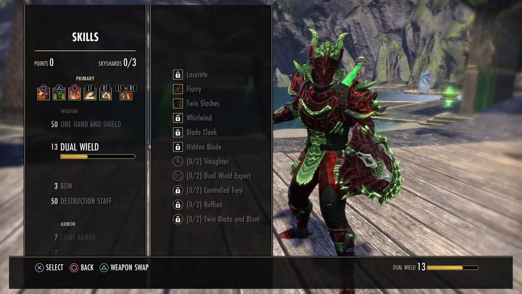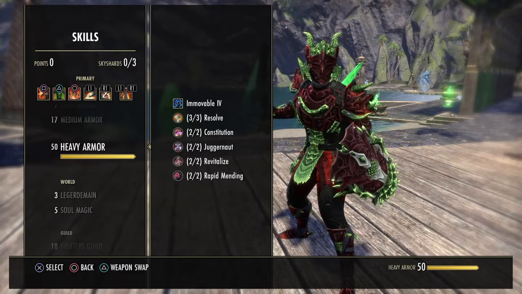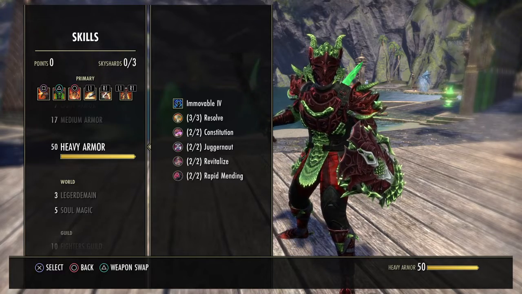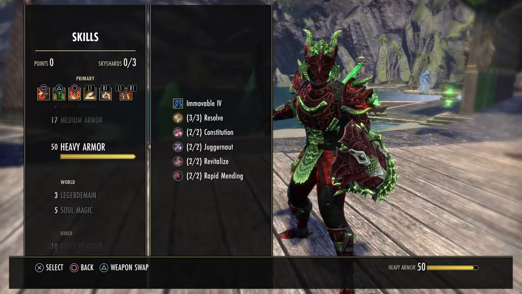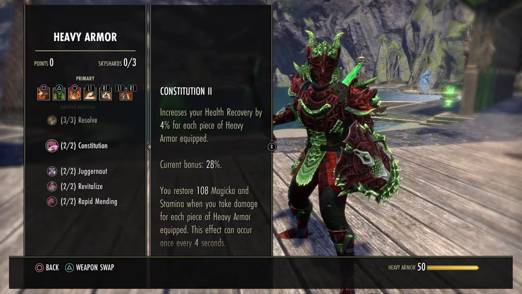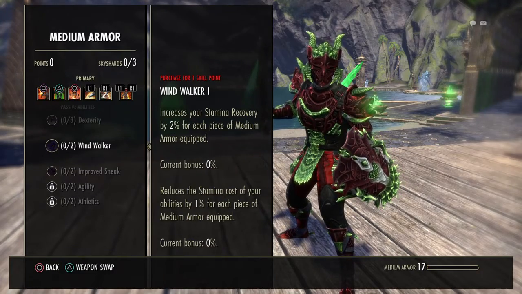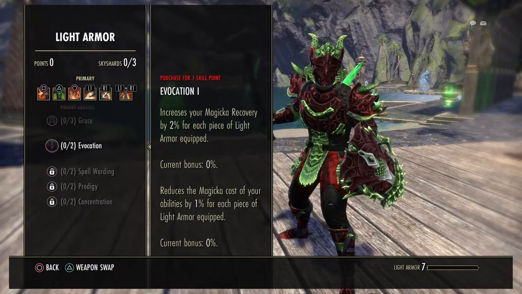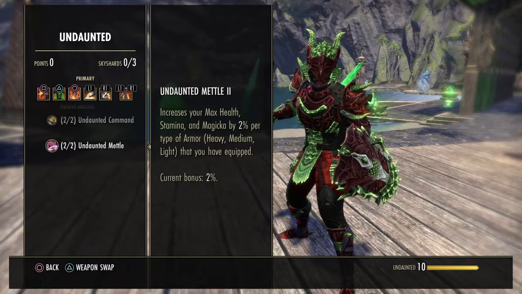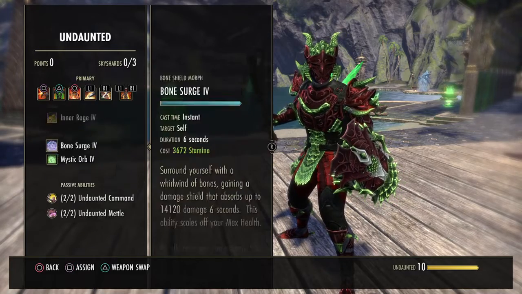Obviously you want all of the one-handed shield passives and all of the destruction staff passives, because those are the weapons we're using. And then you want all of the heavy armor passives. I prefer 7 pieces of heavy armor instead of 5 pieces of heavy armor, 1 medium and 1 light on a Dragonknight tank, because I think the heightened physical and spell resistance, health recovery, and max health outweigh the little bit of stamina recovery here, like 2% or 4%, and a little bit of magicka recovery here, and even the bit of Undaunted here, the increased max health, stamina, and magicka, that would go up from 2% to 6%, but what's another 4%,